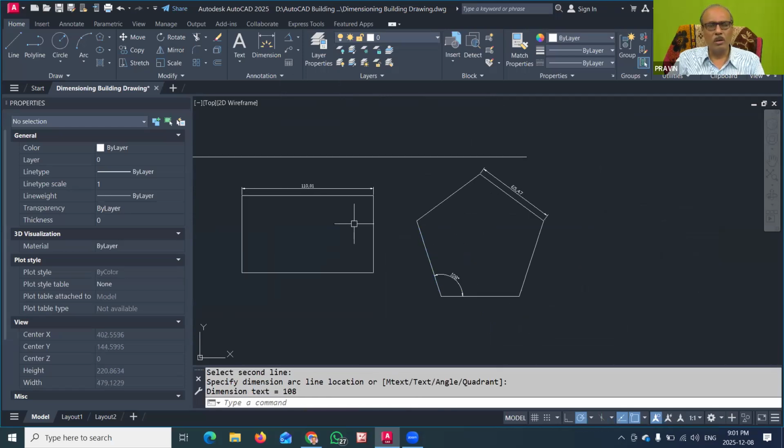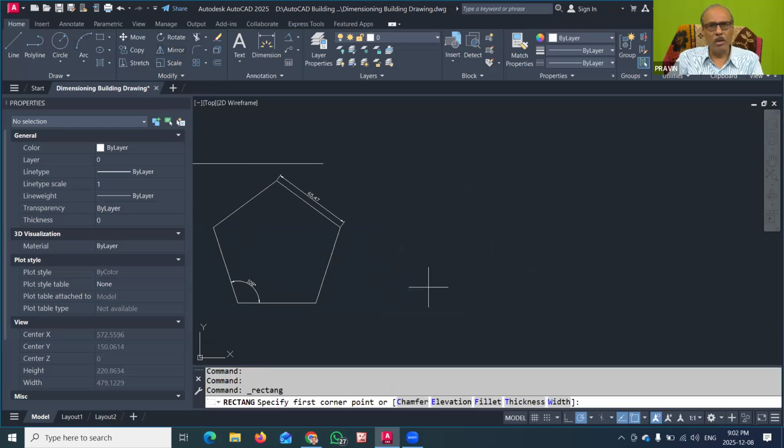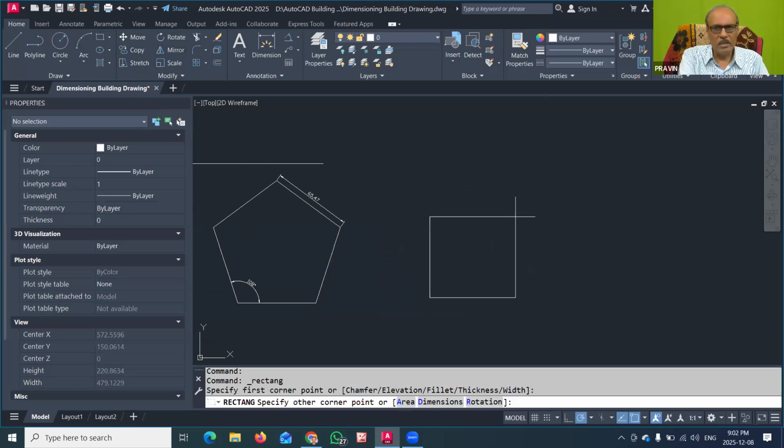Similarly, you can draw circular objects and show the radius and the diameter of that. These are small drawings where I have used millimeter dimensions to show. But when we create the building drawing, we have to understand the size of the building. The building object is a large one, and we use the dimension in millimeters. So in that, I will try to create a small building plan. Here I am drawing one rectangle whose size is 3000 comma 3600. So here I am giving the dimension.